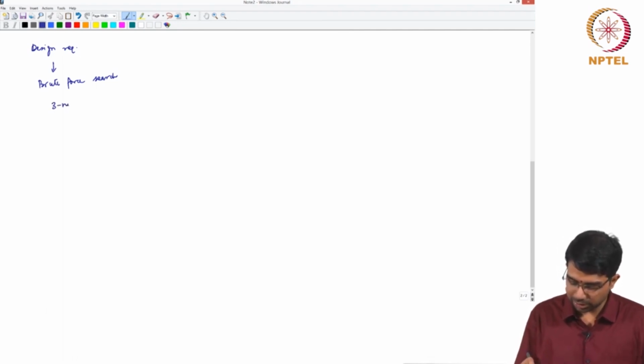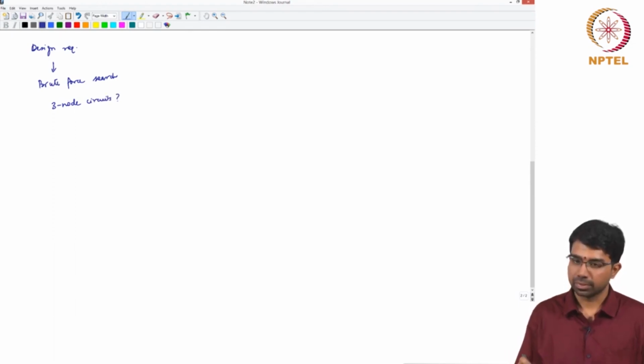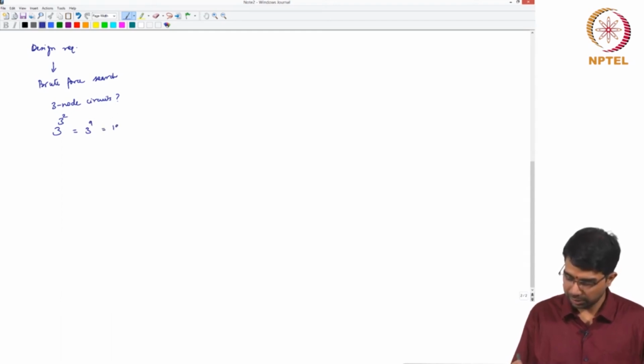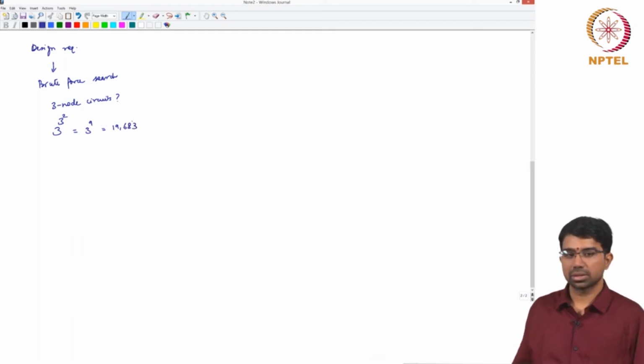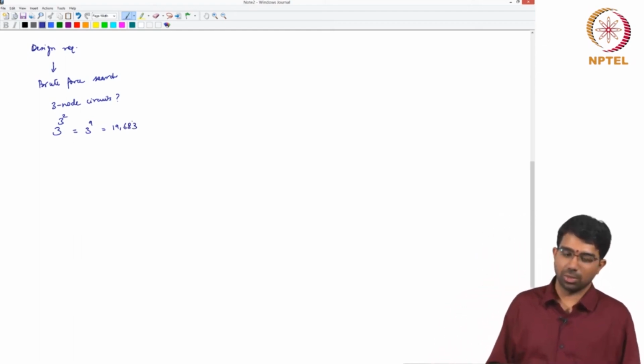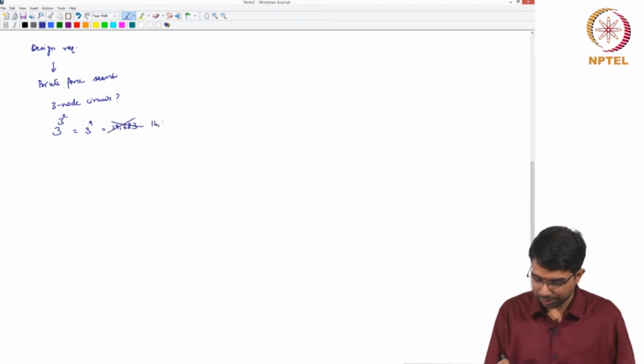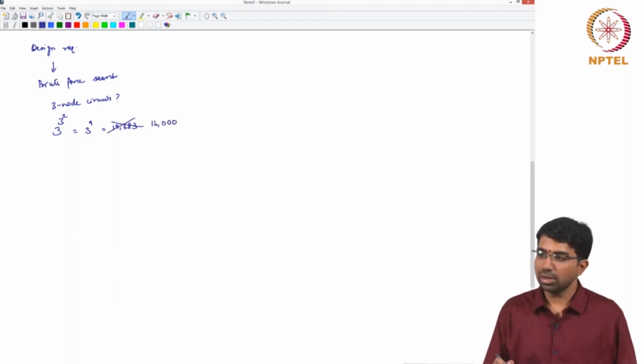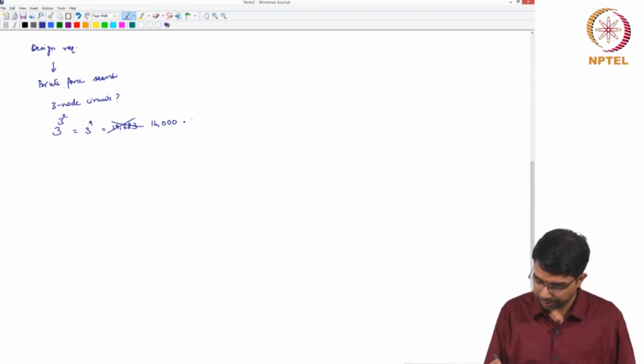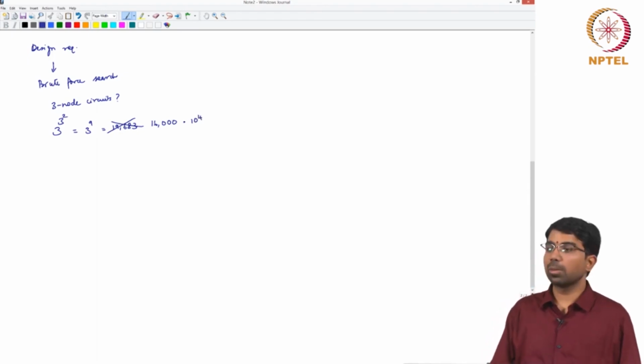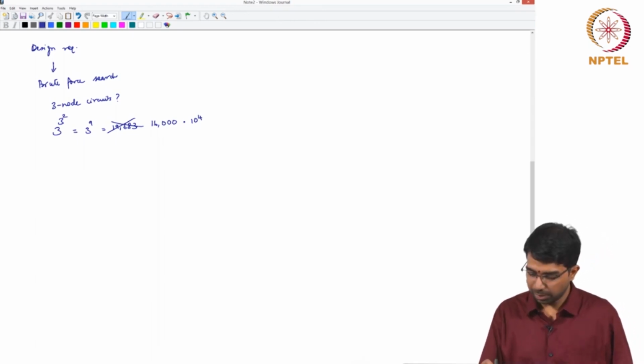So, how many 3 node circuits are possible? Three to the 9, right? This is roughly exactly 19683. There are some which are disconnected and so on. So, basically it comes down to around 16K, and what they did was they actually considered 10 to the 4 parameter sets sampled at random for each of these 16K circuits,